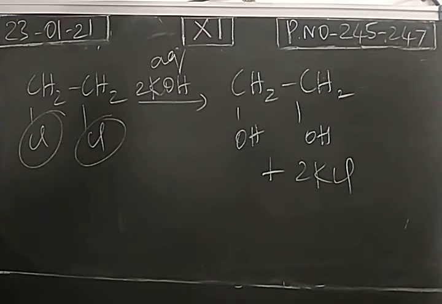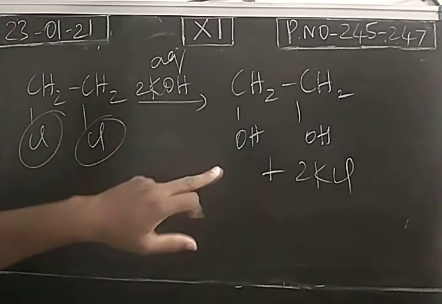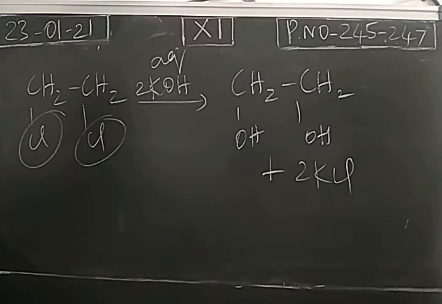So this is the test to identify the halide. During this addition of potassium hydroxide with a polyhalogen compound, when we get alcohol, it indicates the polyhalogen compound is vicinal dihalide. Instead of this dihydric alcohol, if you are getting aldehyde or ketone, it confirms the presence of gem dihalide. So gem dihalide and vicinal dihalide can be distinguished using this reaction, adding aqueous potassium hydroxide.